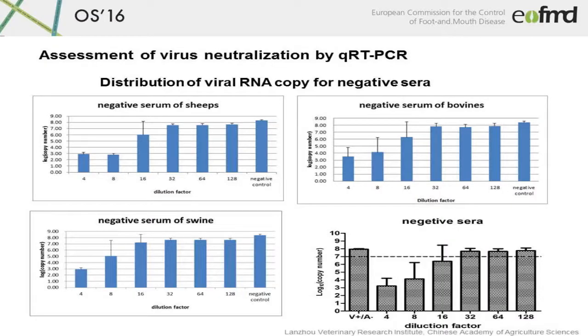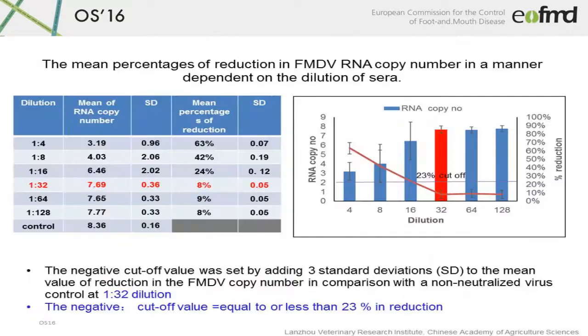When they do the average, again you can see there's quite a variation, but it's not very high, and under the 1:32 dilution, the virus copy numbers are quite close to the virus controls. So in that case, this indicates that for these assays we have to use a 1/32 dilution to carry out the further test. And if we do the calculation of the percentage of reductions in the virus copy numbers in the samples,